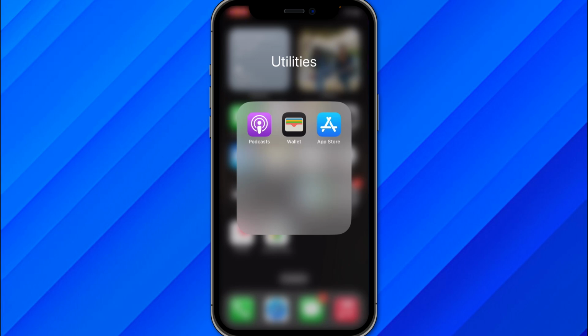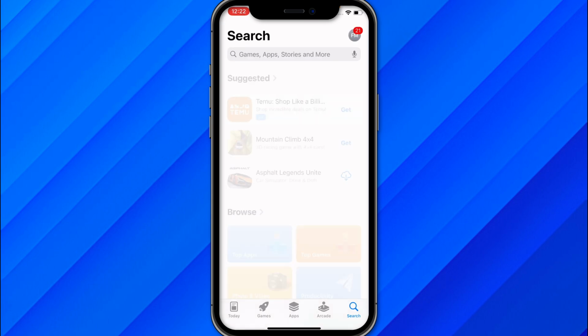Hi guys, in this video I'll show you how to use Apple gift card to buy Apple products. Some of you might have your Apple gift card and are thinking of trying to buy some Apple products. So what you can do is just go to the App Store of your iPhone and make sure you're logged